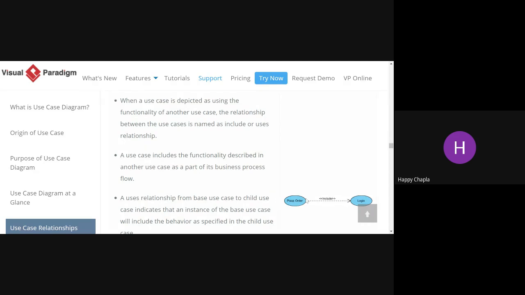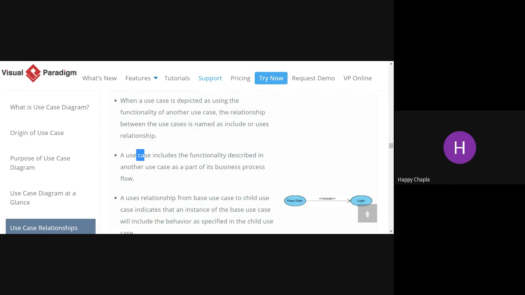Second, if I want to issue the book from the library, I need to include the student login first. If I want to issue the reference book, I need to include the faculty login first. Okay, if you want to perform add to cart functionality in your shopping mart system, you have to include email address verification. So these are the types related with include.